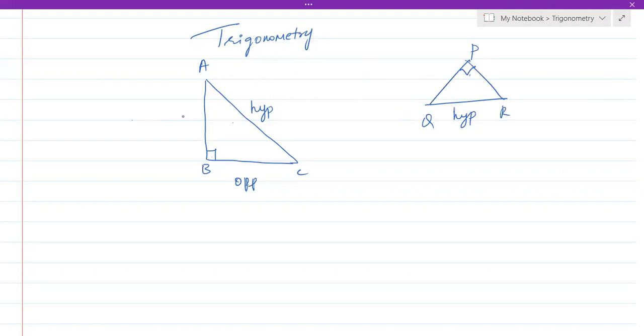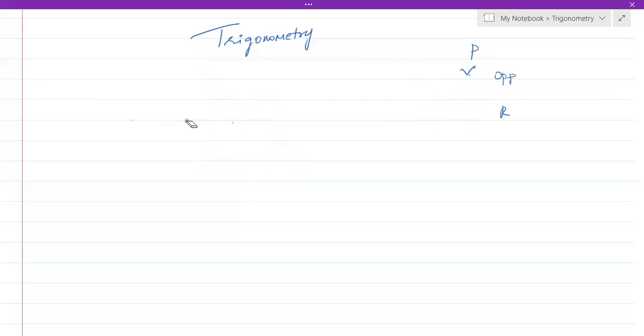Suppose Q is the angle under consideration, if we are interested in this angle, then the side opposite to this angle is PR, so it becomes the opposite side. The remaining side becomes the adjacent side. So everything depends on the angle under consideration. A very, very important concept. On that note, where you can find the opposite side and adjacent side,